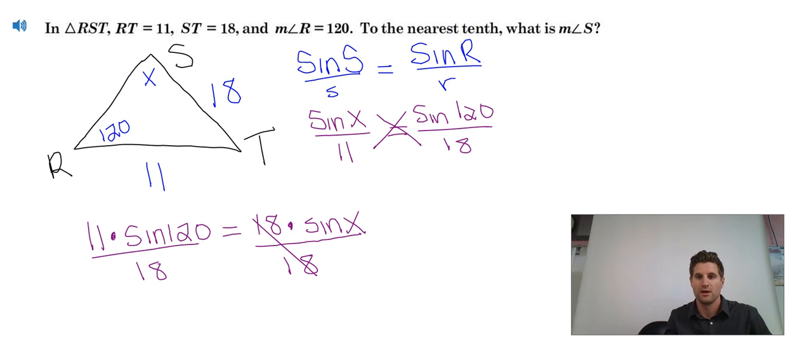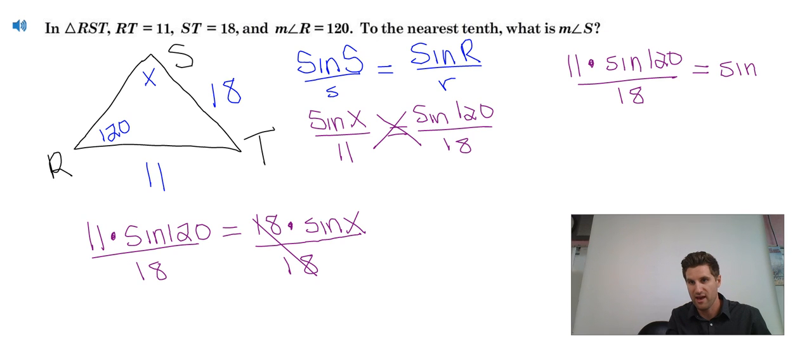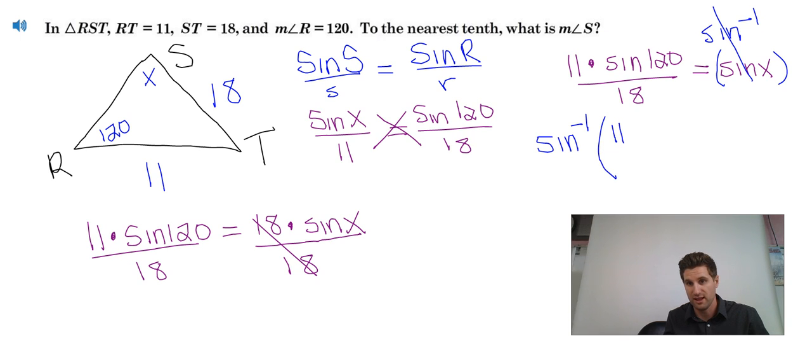Okay. I'm going to bring it over here. We got 11 times sine 120 divided by 18 equals sine X. Well, how do I get rid of the sine? Remember, whenever we solve for an angle, which we are solving for an angle, we're going to use inverse sine, or the inverse function. So we're going to have to go ahead and take the inverse sine of 11 times sine 120